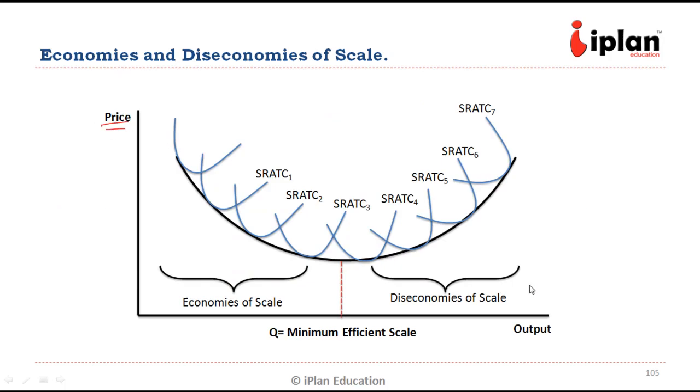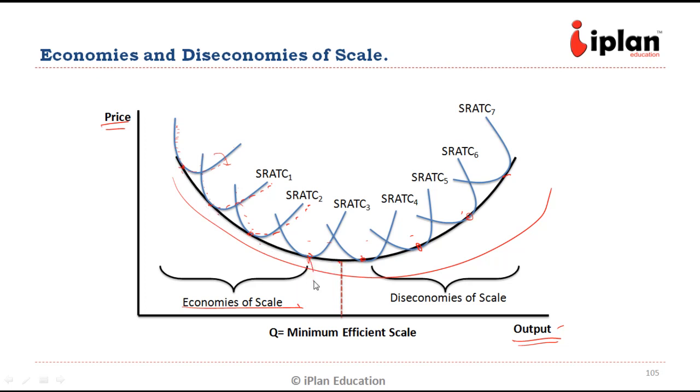So if this is the price and on the horizontal axis we have output, in the short run the cost is coming down and after that it goes up. Then there might be a shift in the factors itself and we are shifting to a new short run average total cost curve like this, and then to a new short run average total cost curve, and so on. In addition to that, there is a change in the minimum level itself. If we just join all the minimum points of the curve, we get this shape, which is the long run curve.